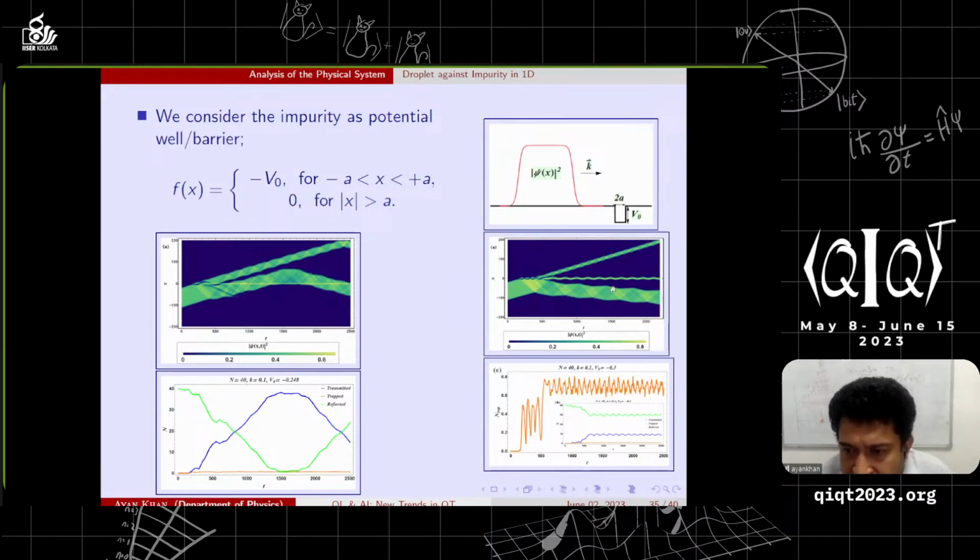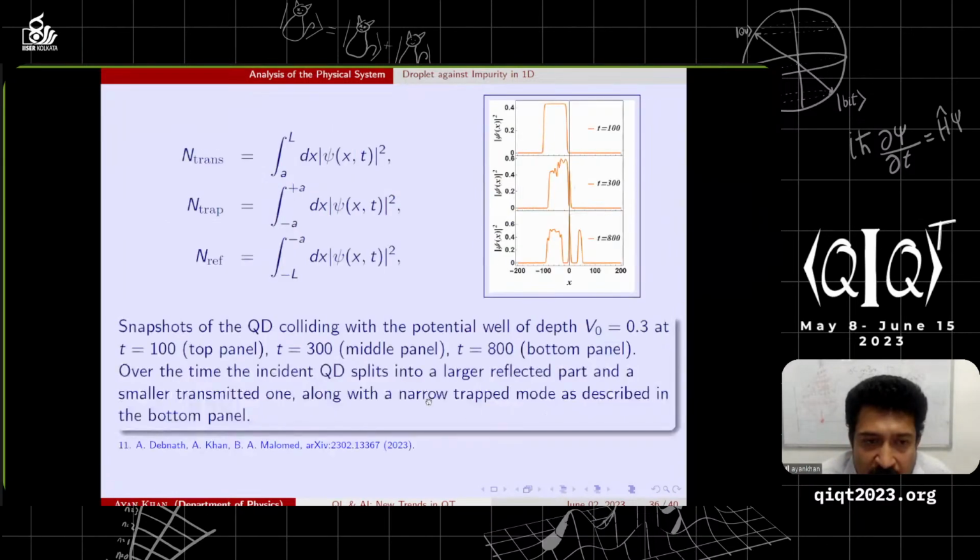Now, for this case, we can see a very minute trapped mode. So we magnify the trapped mode and see, of course, that there is a non-zero amount of particle number in the trapped mode. Here again, the green line talks about the reflected beam, and the blue line talks about the transmitted beam. This is how we calculate the transmitted norm,